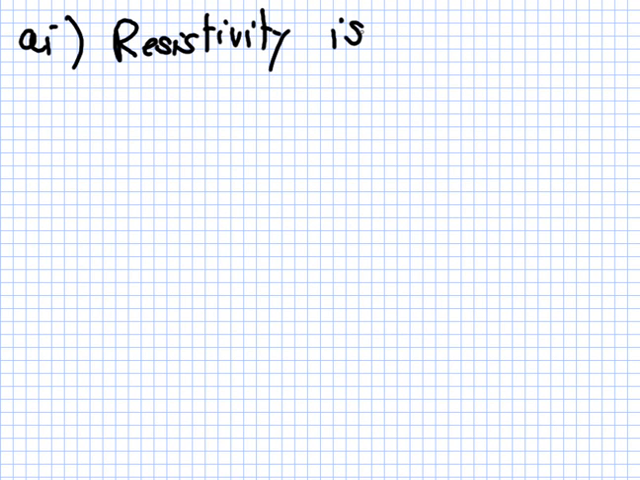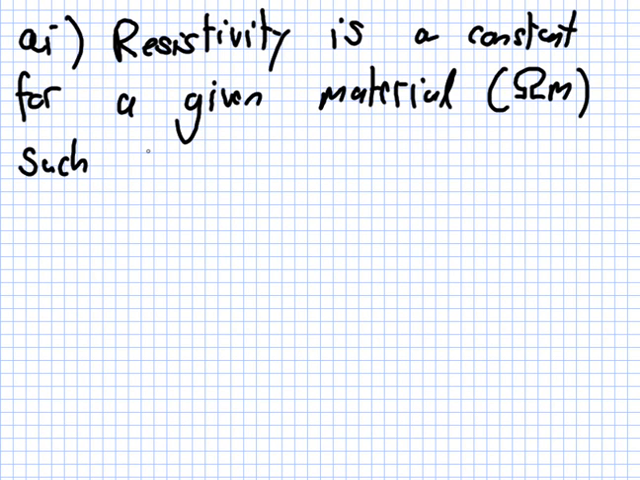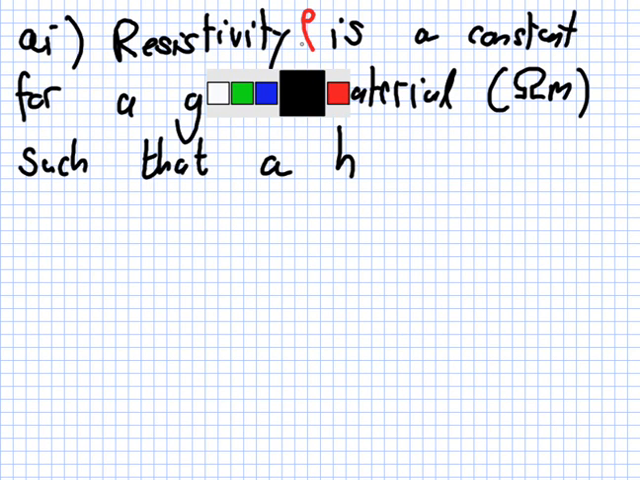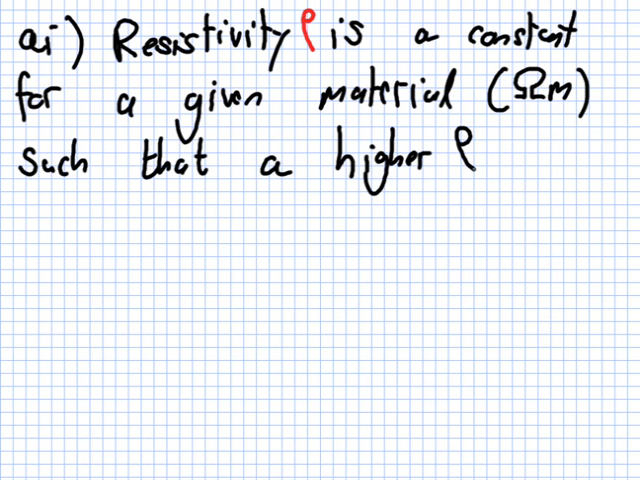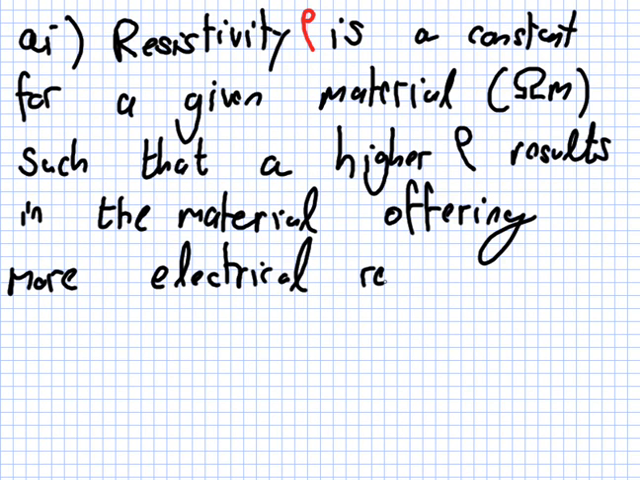Resistivity is a constant for a given material, and the unit is ohm meters, such that a higher resistivity, and I'll give the symbol as well, is rho, such that a higher rho results in the material offering more electrical resistance